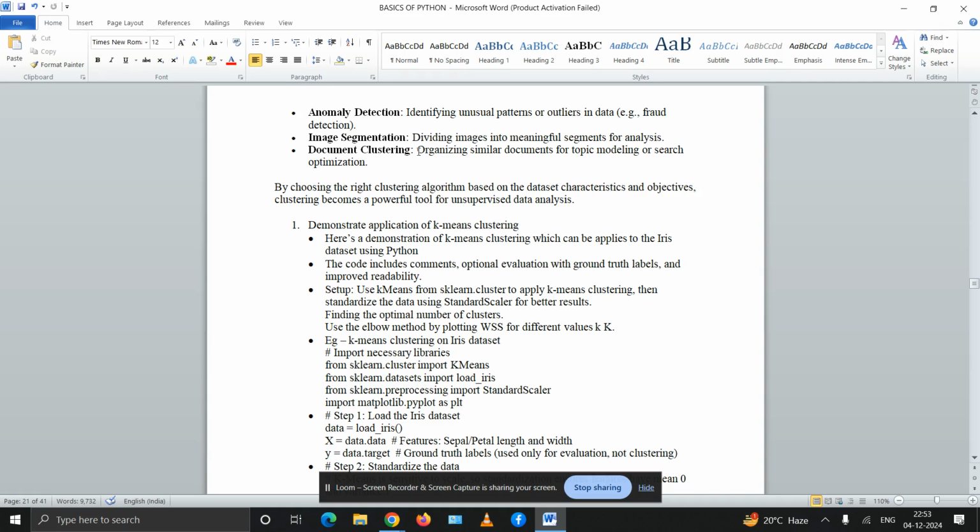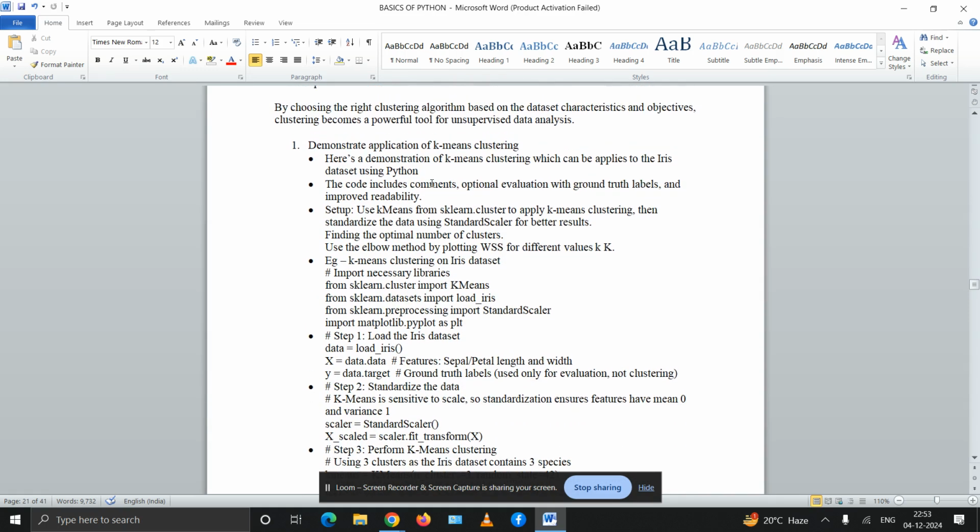Then we have document clustering, organizing similar documents for topic modeling or search optimization. By choosing the right clustering algorithm based on dataset characteristics and objectives, clustering becomes a powerful tool for unsupervised